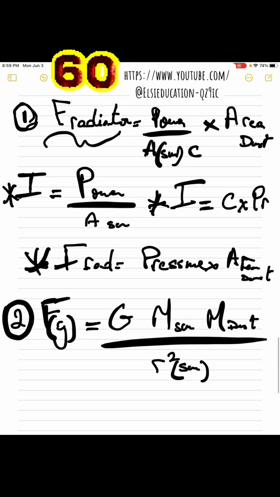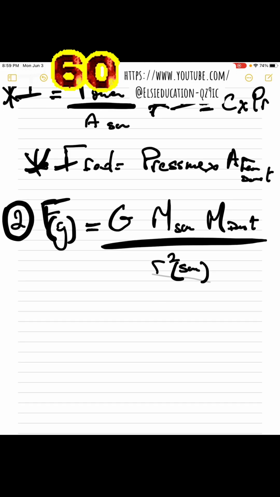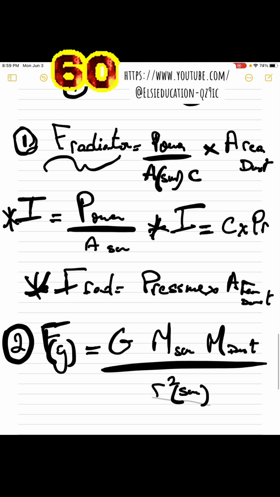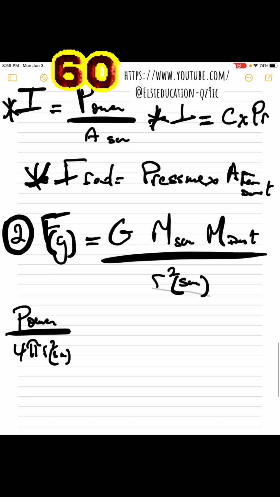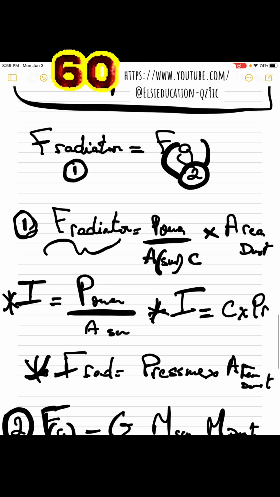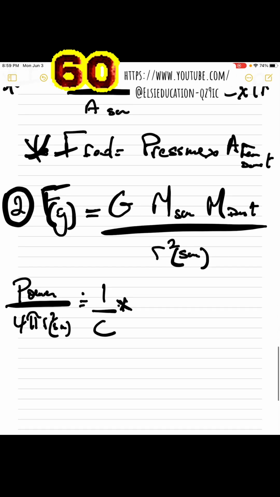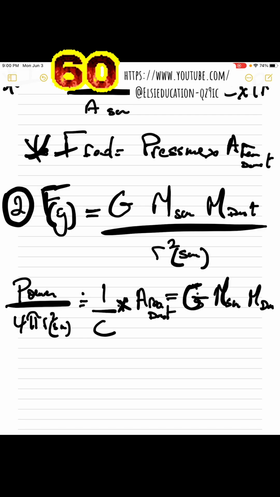So you can combine the 1 and the 2. So let's say power divided by 4 pi r squared of the sun, divided by the speed of light, multiplied by the area of the dust, is equal to gravity, mass of the sun, mass of the dust, divided by the radius of the sun squared. So this is the first formula. The second formula